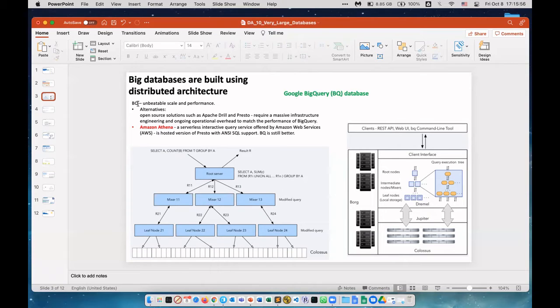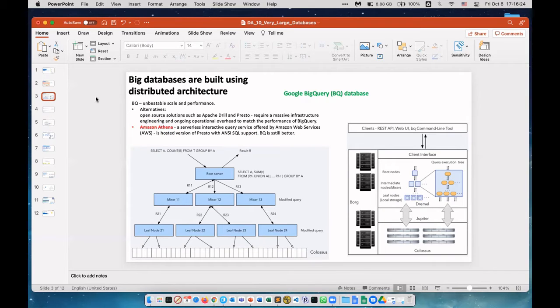Some databases charge for compute and for storage. BigQuery charges for the data you touch in your queries. So if you structure your data, like if you shard it, distribute it, subdivide it, let's say by date, and you only query the recent data, for example, then you will be charged less. So it's very interesting. A different charging scheme.